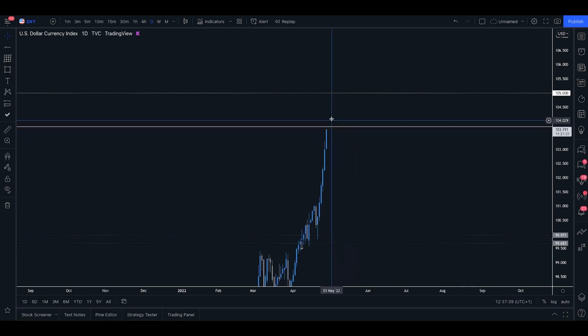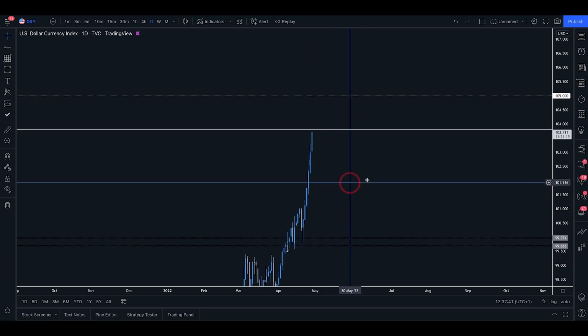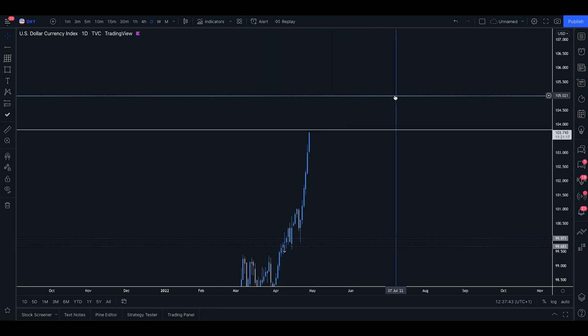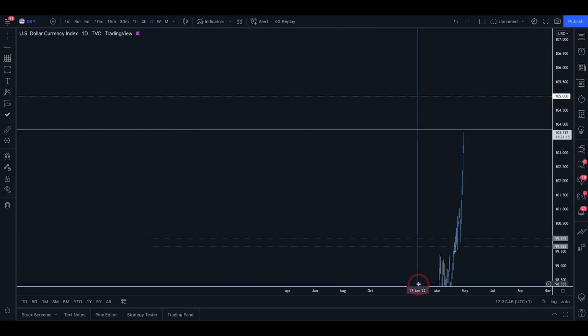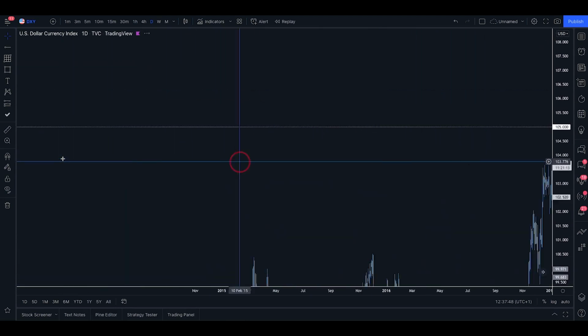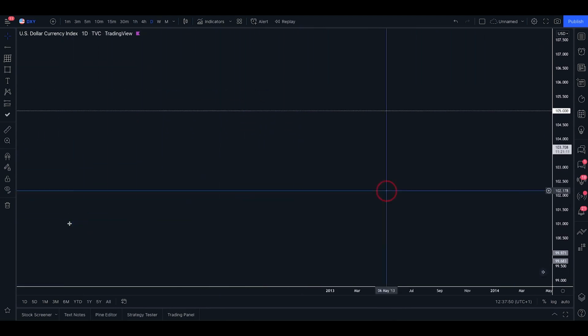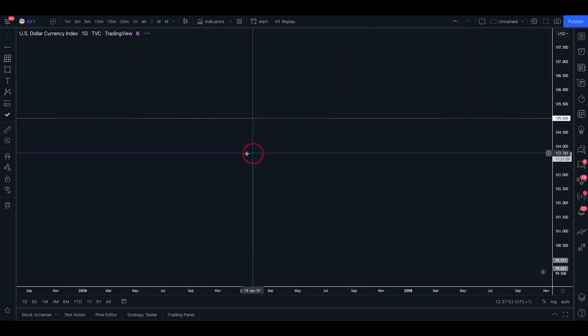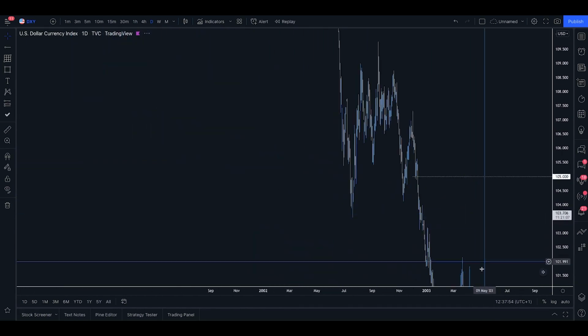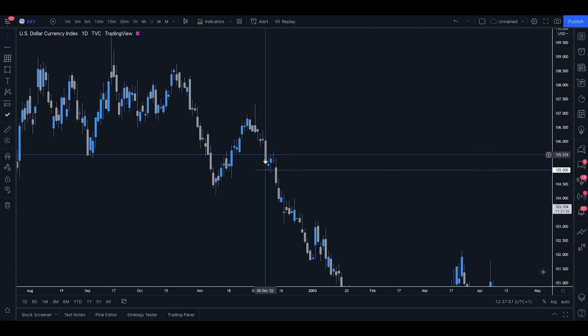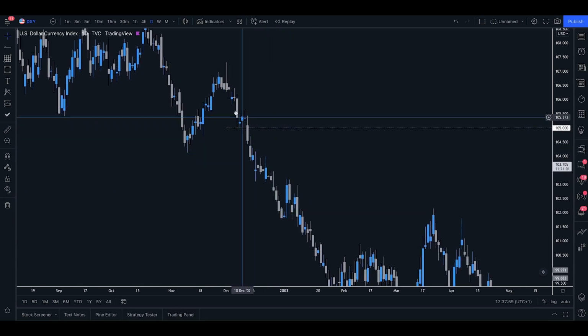So once we pass this level, if we do get a pullback, I would then anticipate the US dollar to easily approach the 105 level. So if we go over to the previous price action here, we can see that the 105 level is basically the next major supply zone. And obviously I've marked that with the key level being the 105. So here we have this small distribution cluster before the big sell-off. This is the 105 area that I anticipate the dollar to move into.